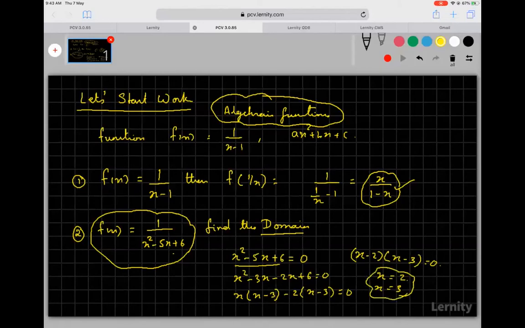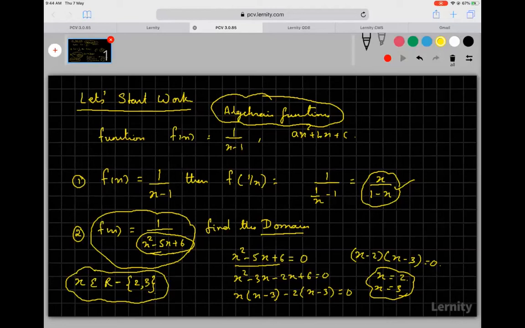So at x is equal to 2 and 3, this x square minus 5x plus 6 becomes 0. So if f of x is equal to this much, then the domain of x belongs to R, all real numbers minus these two numbers, 2, 3. Okay, so this is how I can write this. Yeah, so this is how you find out the domain. Domain of any function refers to all the values of x for which the function is defined.